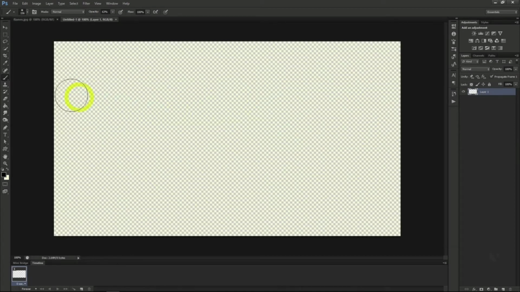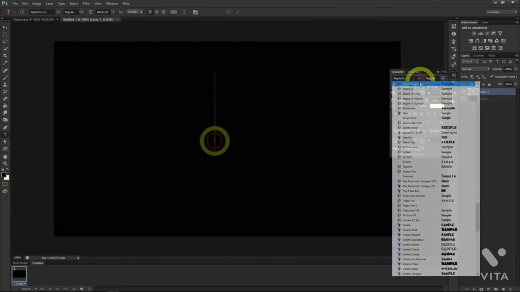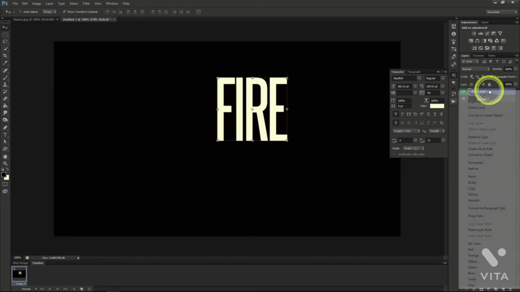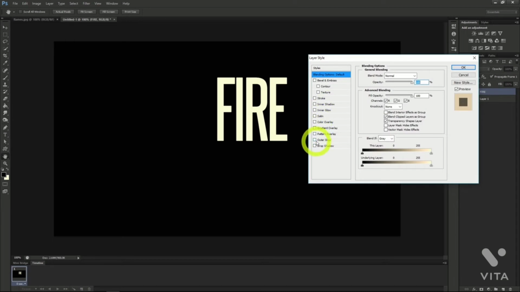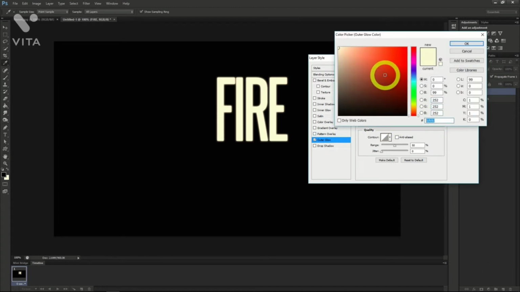Change the background to black by using the Paint Bucket tool, and make sure the foreground color is black. Use the Text tool next, and a great tall font. I'll type the word fire here so we can see the effect on it later. Let's go to the blending options on our layer and add an outer glow. Change the color in the box here to F70300,